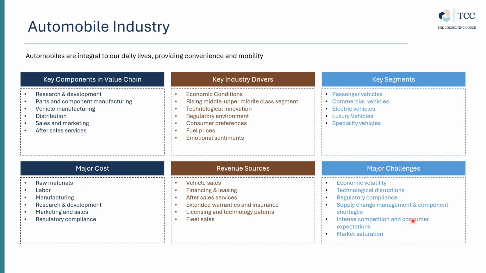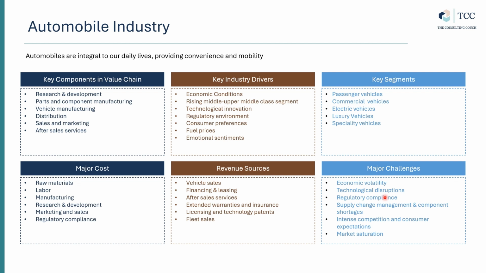Then we have supply chain management and component shortages, which include risk from geopolitical issues, natural disasters, wars, pandemics, which are directly going to affect the supply chain on the global level. Let's say an automobile industry based out of India is importing some parts from the USA or Russia or Europe or any other country, and then COVID hits, the pandemic hits, and the entire supply chain is disrupted. So this is going to pose a major threat to the sales of the car, and it is directly going to hit the revenue of that company because the parts are not getting supplied to India,